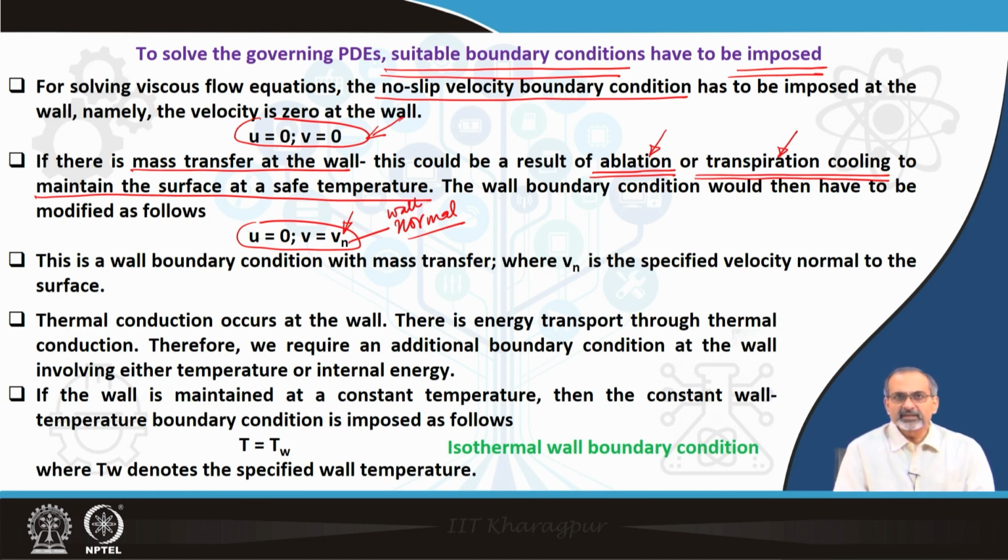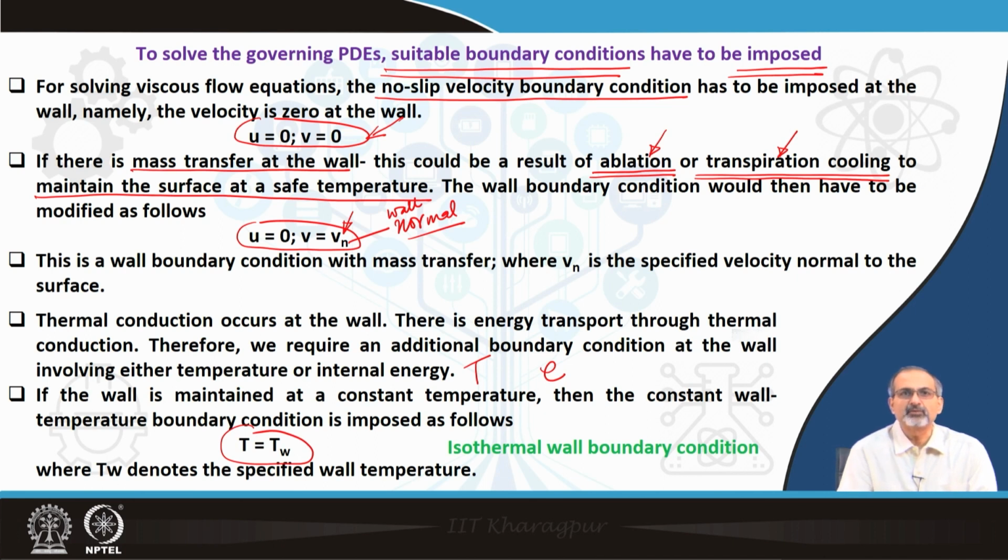Thermal conduction is occurring at the wall, therefore, there is energy transport through the conductive heat transfer mode. We require an additional boundary condition at the wall involving either temperature or internal energy. So, you either have to specify in terms of T or in terms of E. If the wall is maintained at a constant temperature, then the constant wall temperature boundary condition shows up like this: